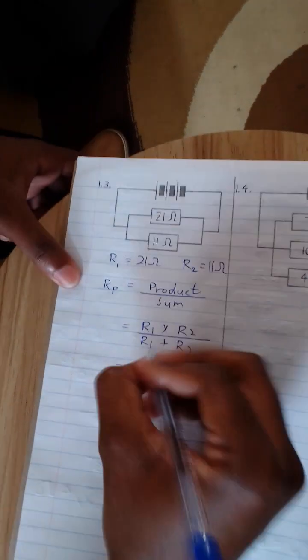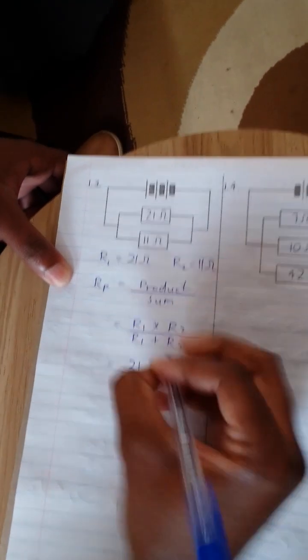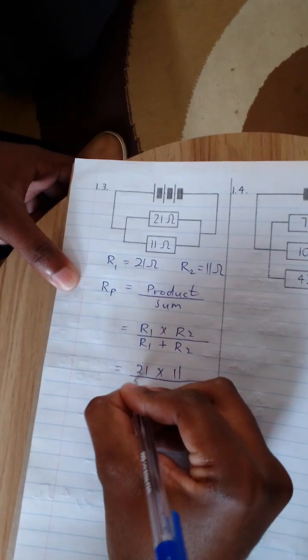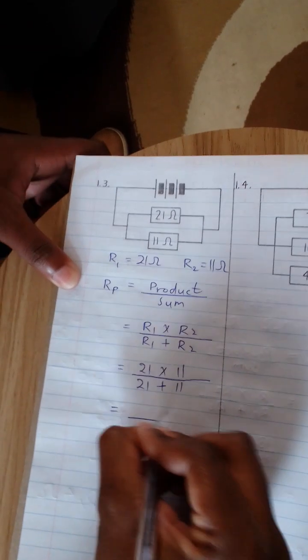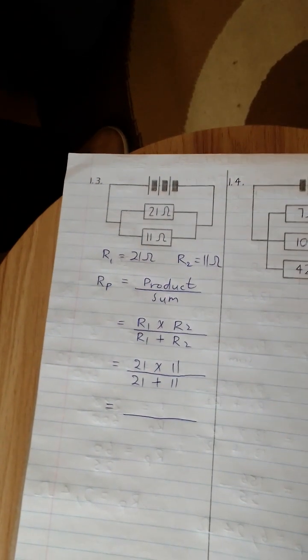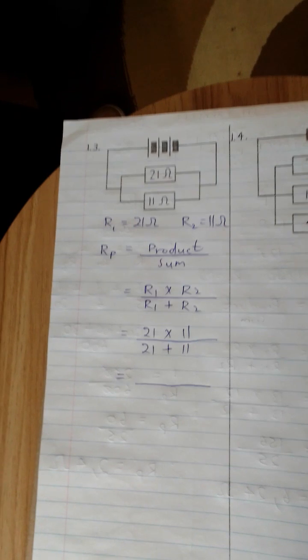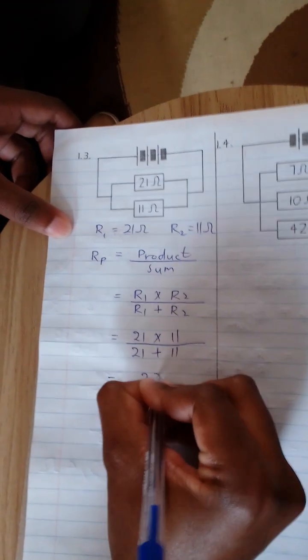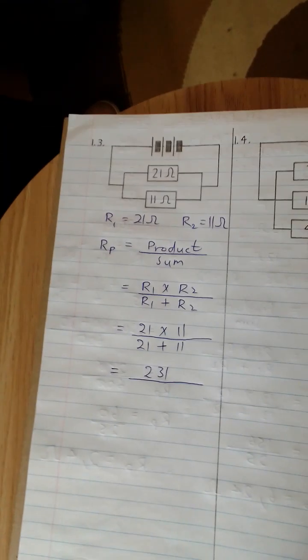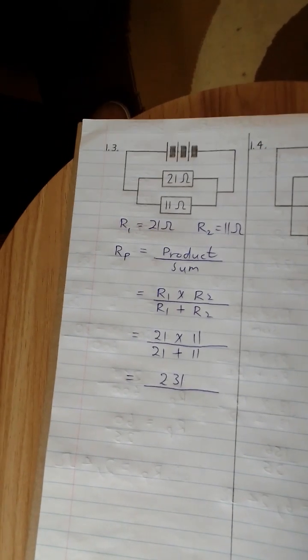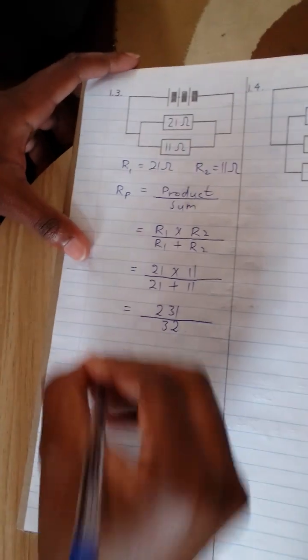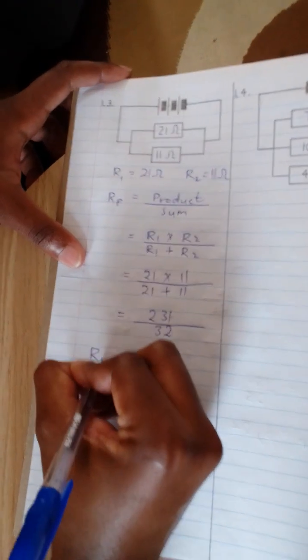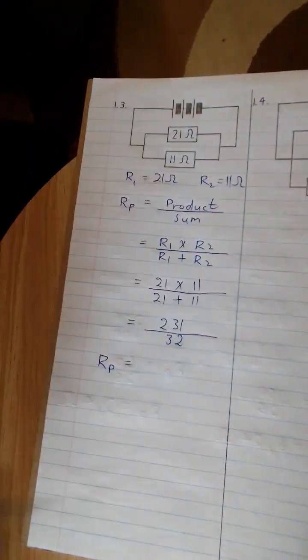What's R1? 21 times 11 over 21 plus 11. 231 over 21 plus 11 is 32. Rp is 231 over 32,